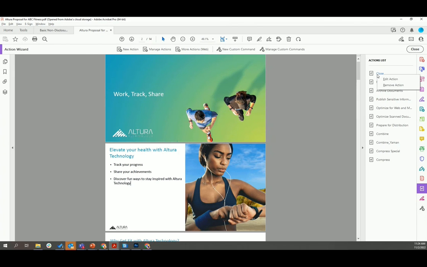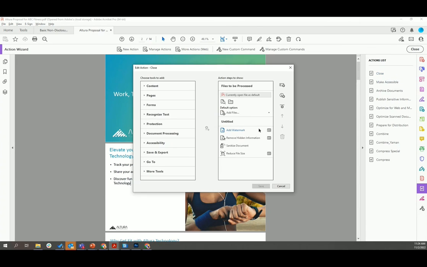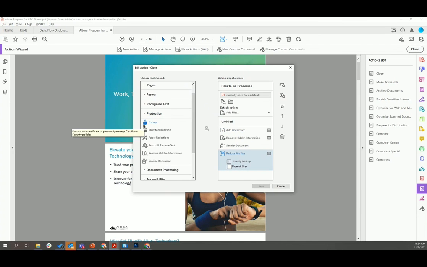So here I've set up a custom action wherein I have asked them to add a watermark, remove hidden information, remove the metadata that is associated with the document, sanitize this document, reduce the file. So you'll just select whatever functions that you want to carry out, and just drag and drop them here, right? So all you have to do is to just double click, and this will appear here. You can also manipulate